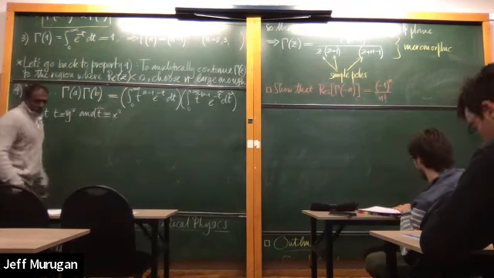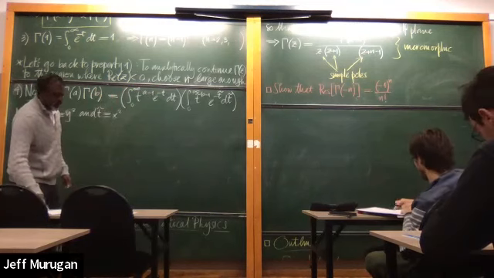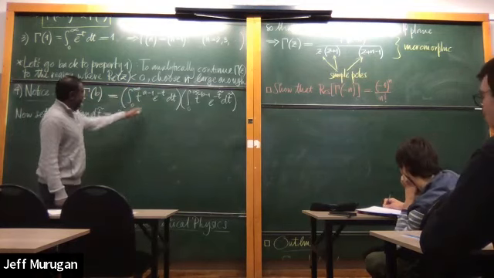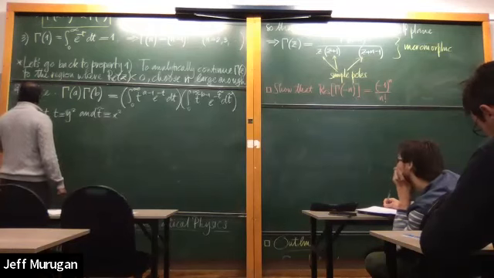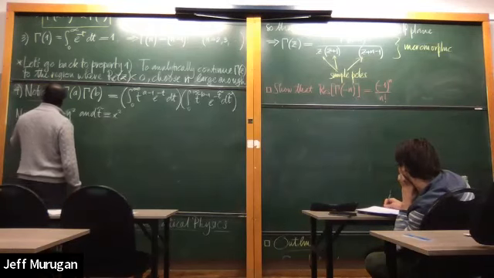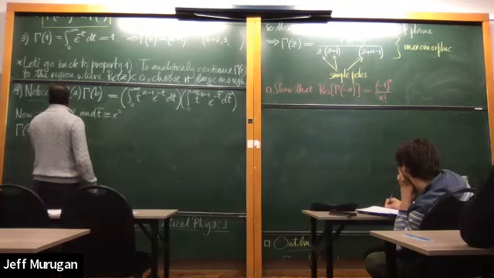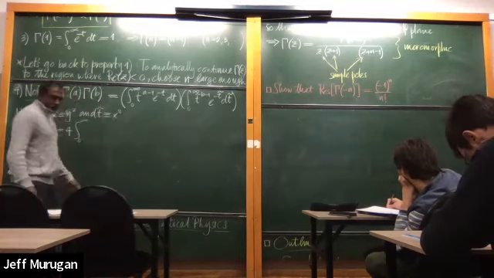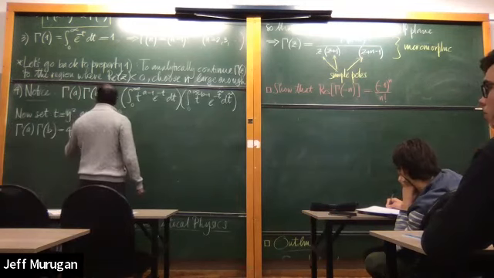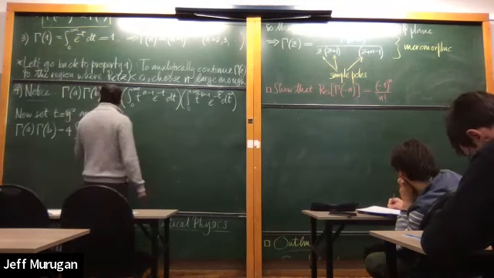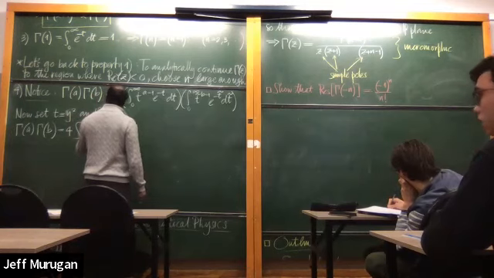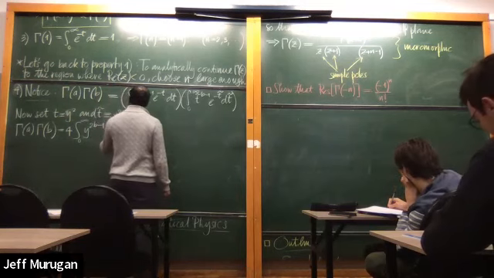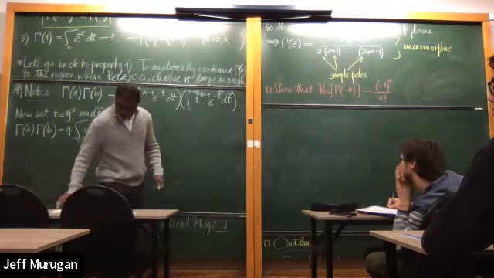Well then, when I convert from t to y squared, this product, gamma of A, and you should check the details here, becomes 4 times the integral from 0 to infinity of y to the 2b minus 1 times e to the minus y squared dy